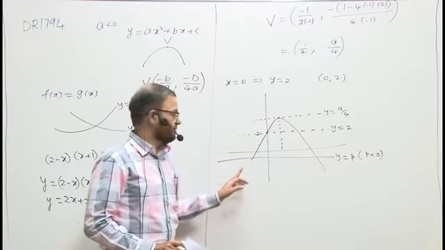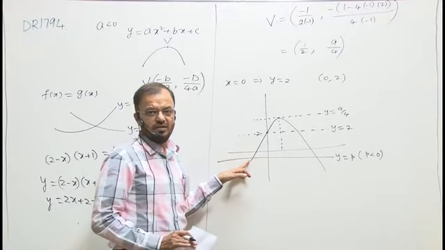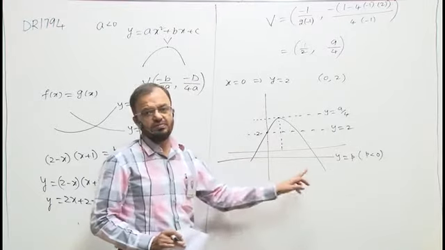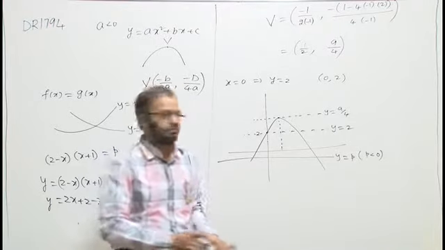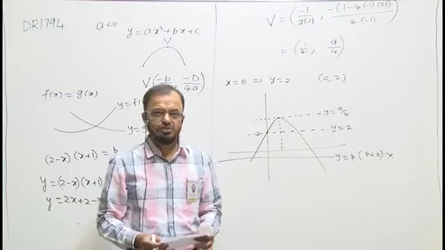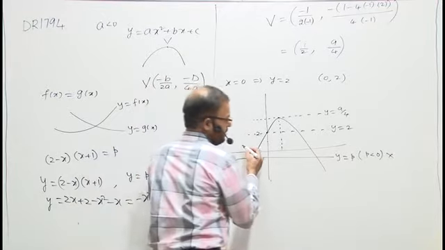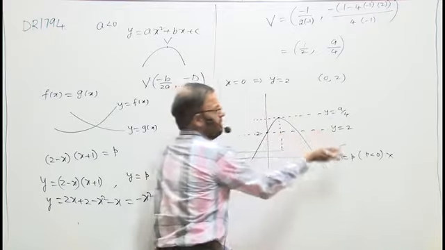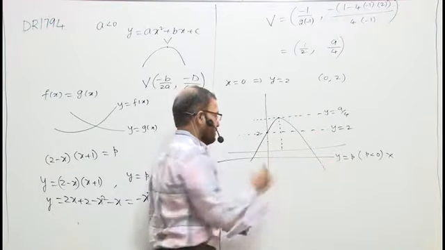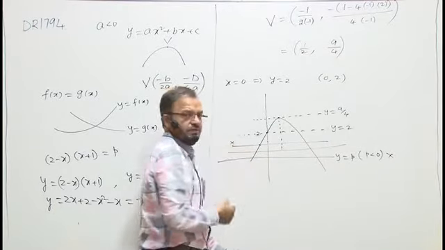Whereas in this one, you can see that it is in the 3rd quadrant. Here the value of the x coordinate will become negative. You will get a negative solution. One negative solution and one positive solution. I don't want this one. According to the question, I need both positive roots, both positive solutions. If I push this above the x-axis, the value of p will become positive. Still, if it is here, I am getting a negative solution. This is also not for me.